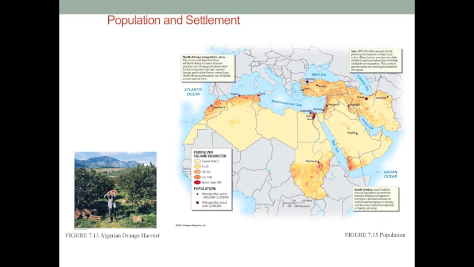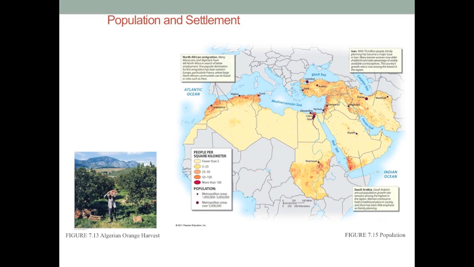And when you look at that number in terms of density in the area, what we see is that this region has some of the highest physiologic densities on the planet. There's just not a lot of good arable land. It's also important to understand where the important population clusters are. And if you look at the map on this slide, what you're going to see is that there are important clusters in the west.